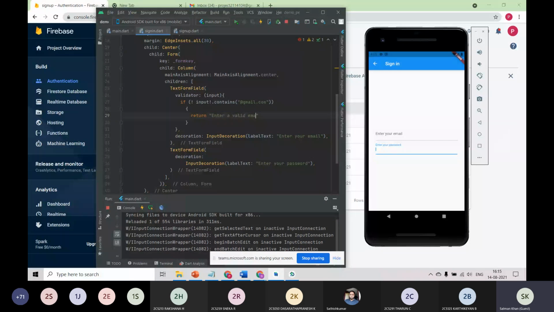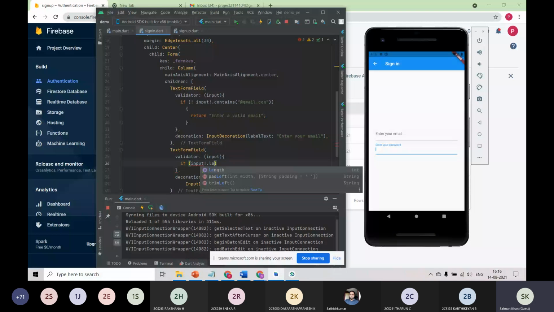And here also you can mention something like input dot length less than 6.